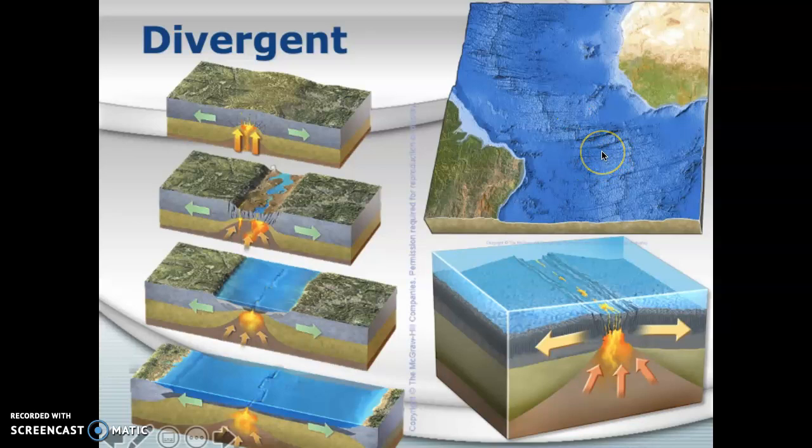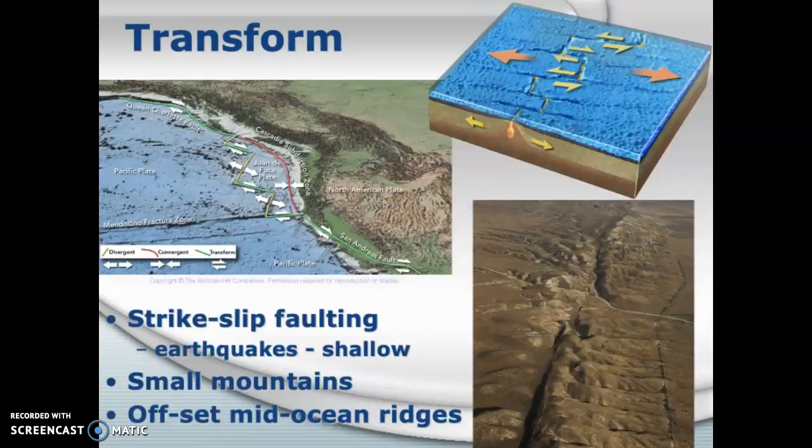And what's happening here is the divergence is occurring along a curved surface. The surface of the Earth, as you might know, is round. And when you pull things apart on a round surface, different parts will pull apart at different rates. And in order to accommodate that curved surface, you need to have these transform faults which offset the mid-ocean ridge. And so that's what we're seeing right here is a lot of small transform faults offsetting that divergent margin mid-ocean ridge. The other place where we see transform faults